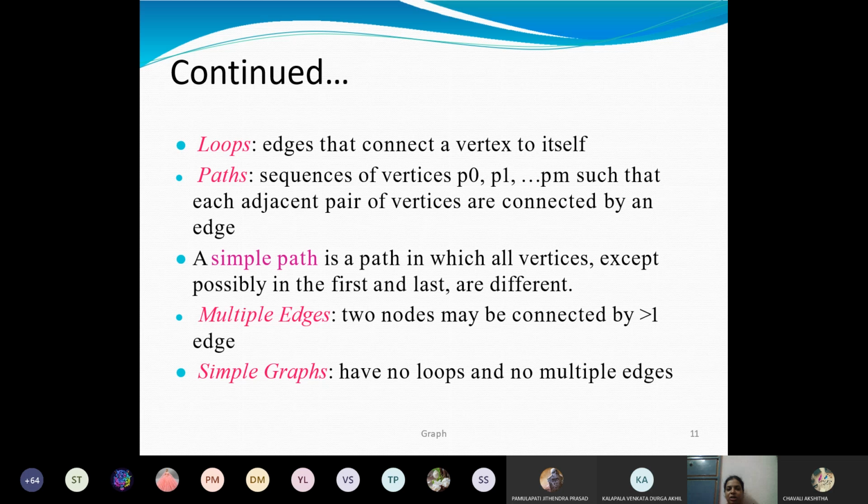Next, some of our terminology is loops. If a vertex is connected to itself, it is called a loop. Path, we already know, simple path.